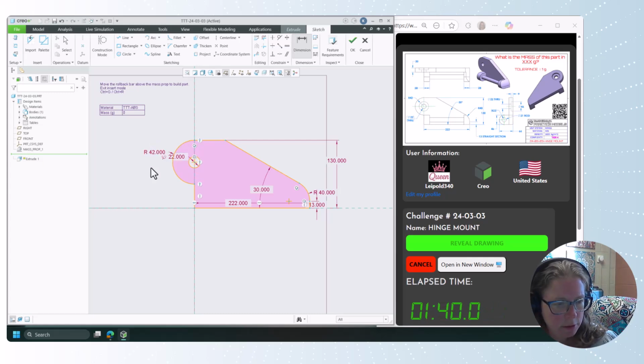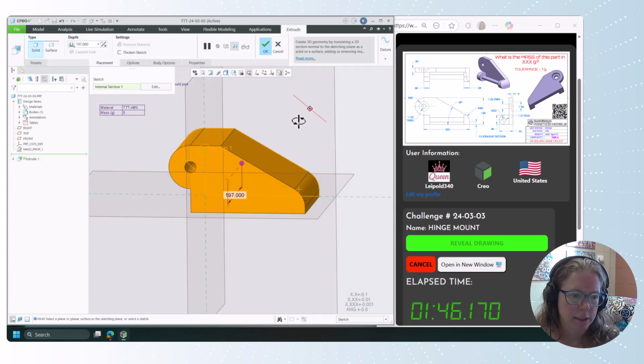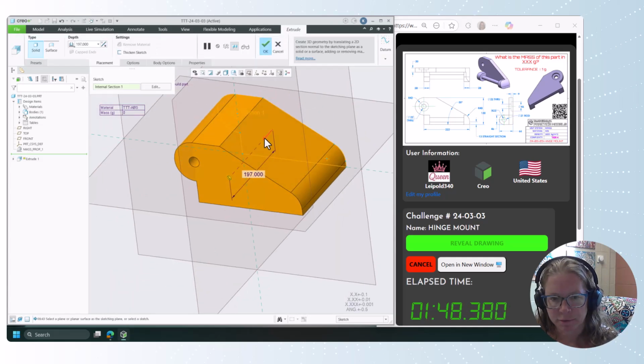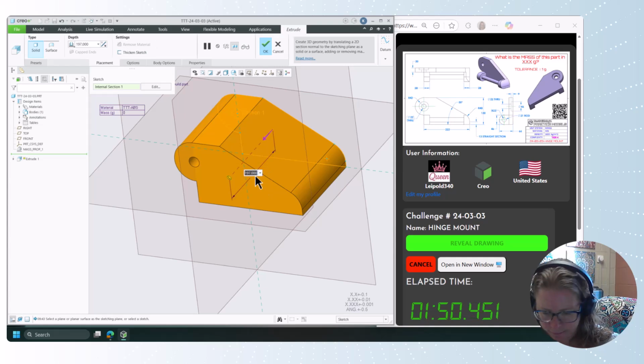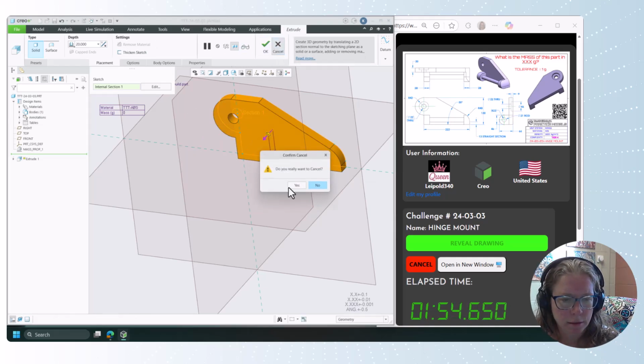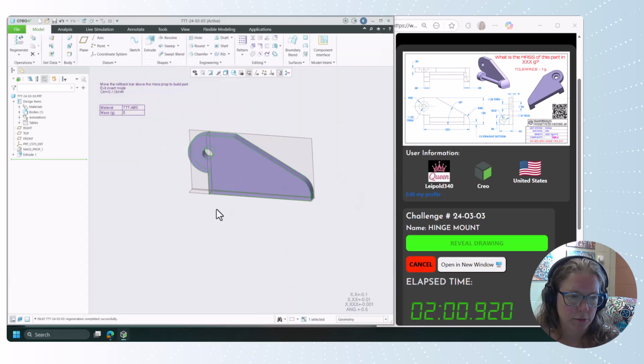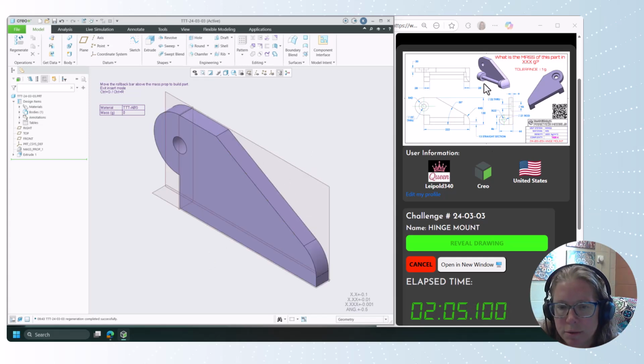All right, so we're going to give that a forward depth of 20. I just clicked the wrong one. Whoops. All right. So when we do this little added on portion down here, we want to extrude it up